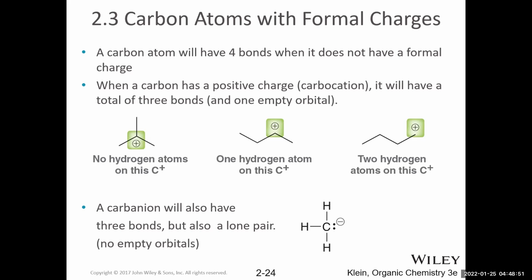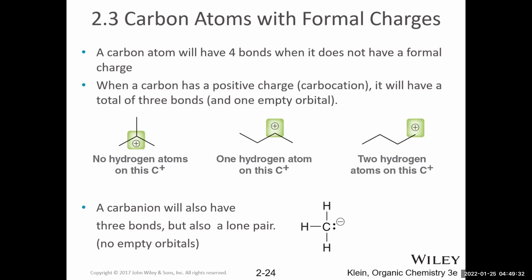And then what happens to the orbital that doesn't get hybridized, right? So if we're hybridizing to sp2, there's one remaining 2p orbital that does not get hybridized. That one is just empty. The electron has been removed because it's an ion, right? It's a cation. And that means that that carbon is electron deficient and very reactive. It can react with things that are electron rich, and we'll learn about that later on. So it does have this empty p orbital, and that's something that you should be aware of.